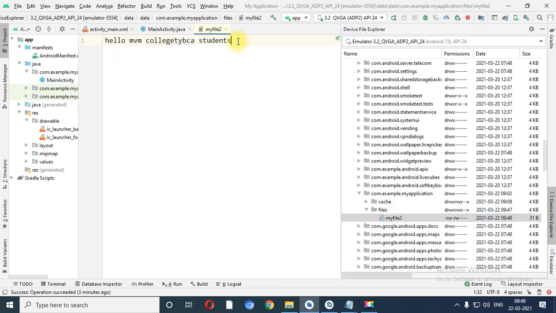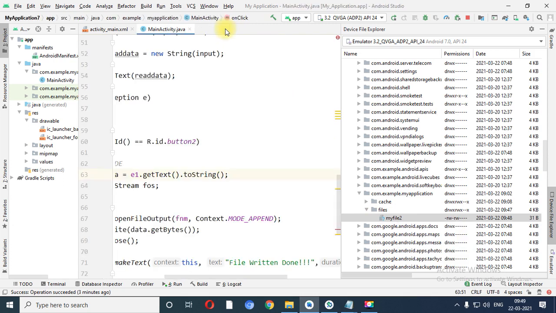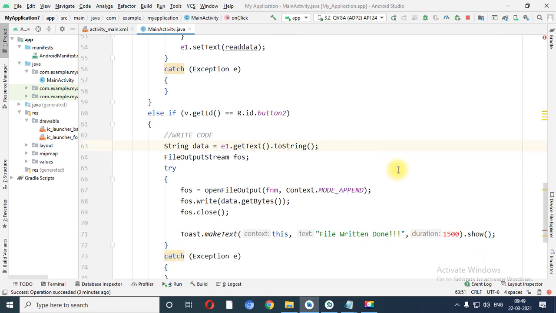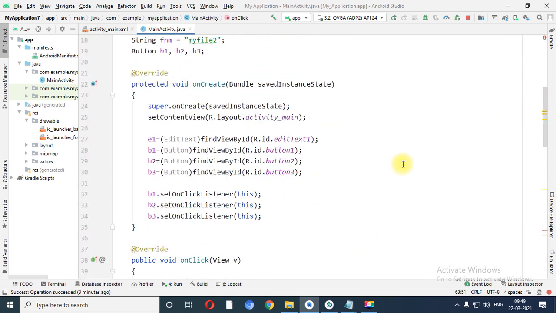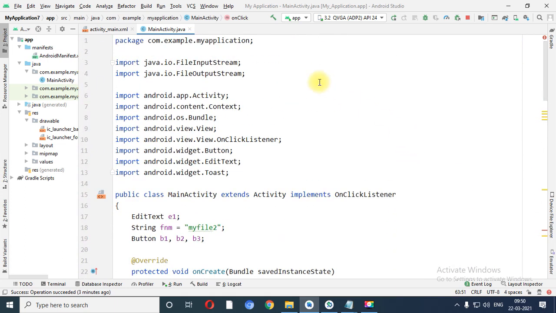If some data is missing over here, you just need to right click on file, click on synchronize to synchronize your file with latest content. So in this way you can check the output, you can store your data into the format of text file, but this file is available in the internal media or internal storage.